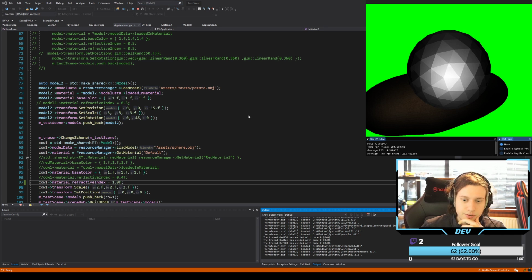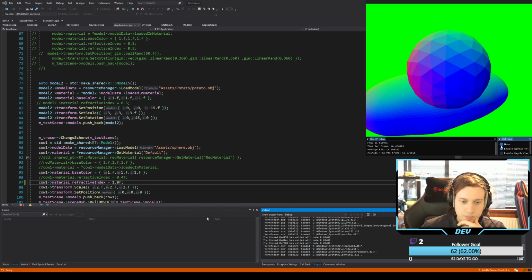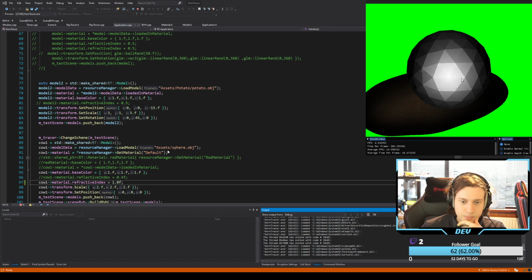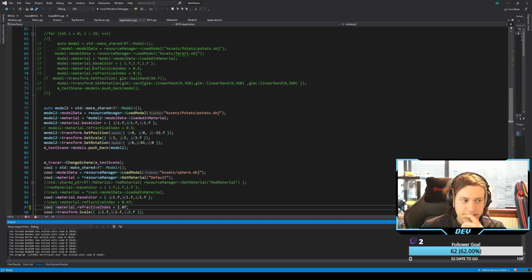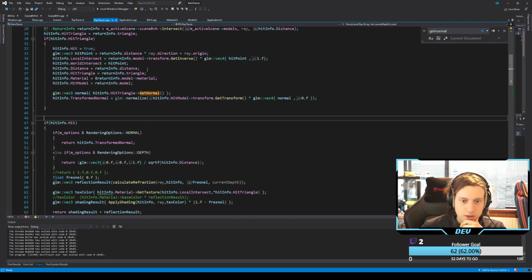Okay. Let's see what these values do. So these normals are still fine. Okay. But I don't see the potato through it. What kind of bothers me? So let's turn on debug, right? And then in the Raytracer,